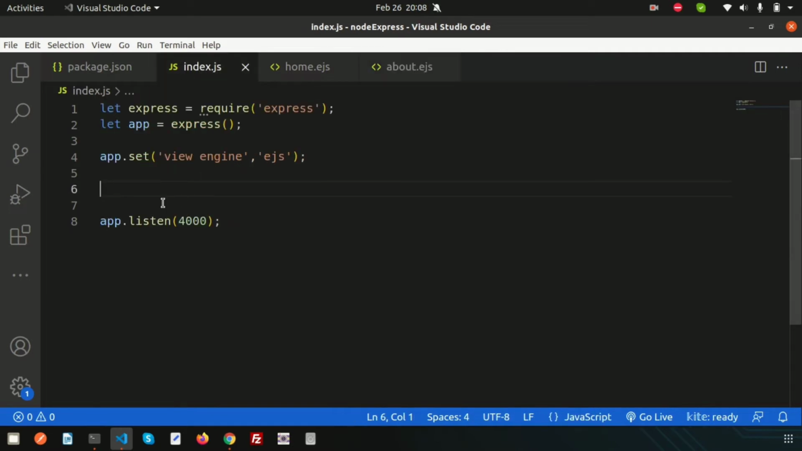And here we have to create a simple route to render this. So just go here in the index.js and create a route. So how can we create a route? Simply, we get routing easily using Express. So simply write